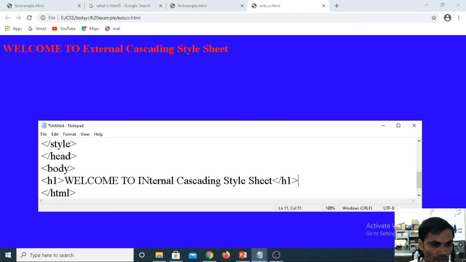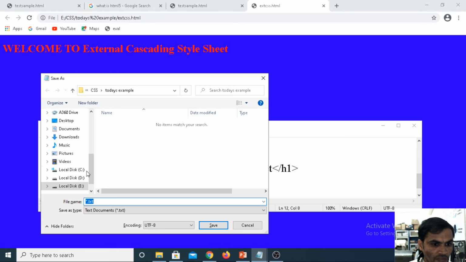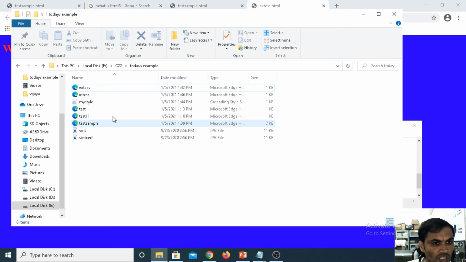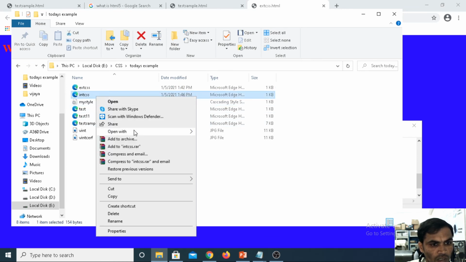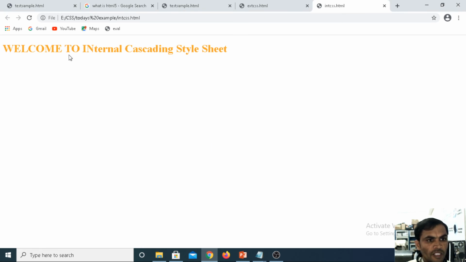Now close the body part. Now when you are saving the file, int css.html, and running the application, we are getting the orange color. Welcome to internal cascading style sheet.